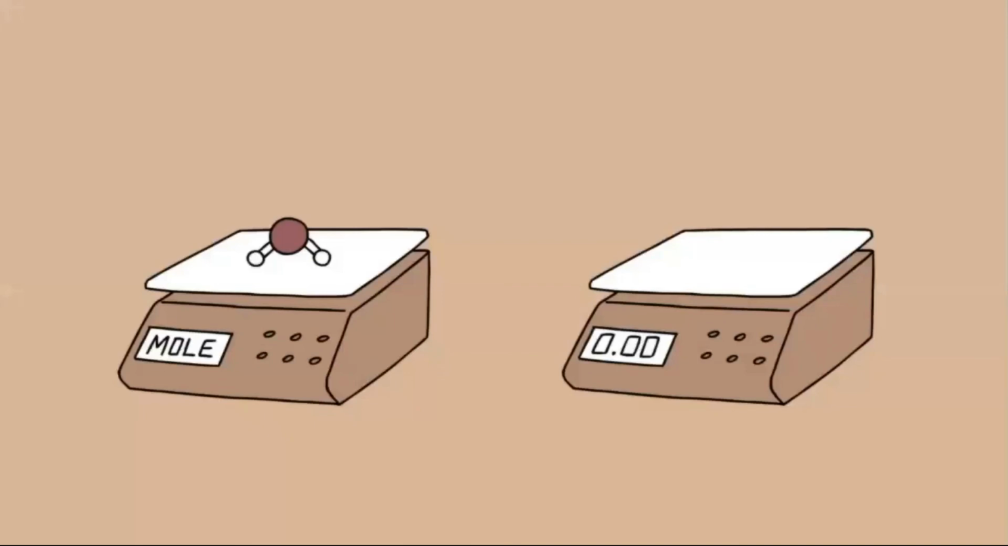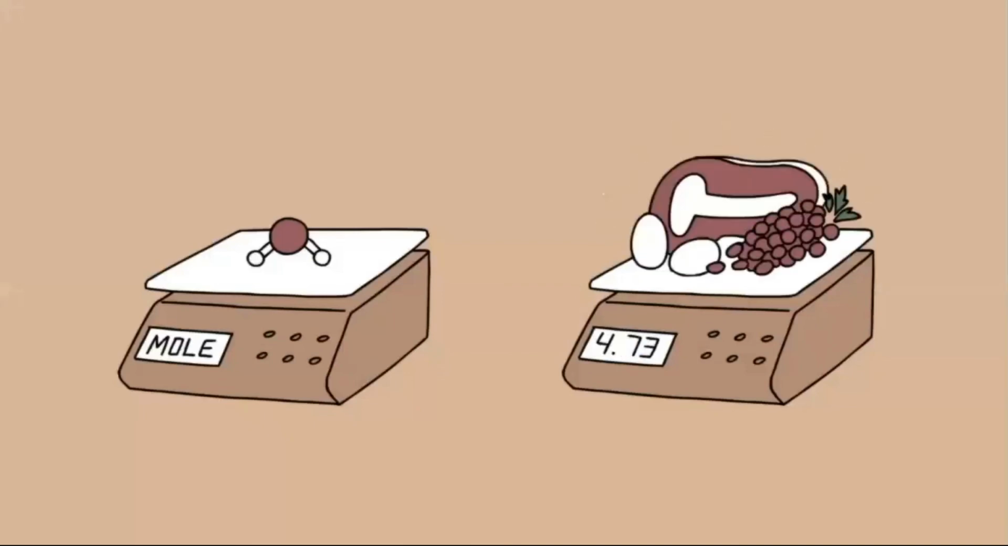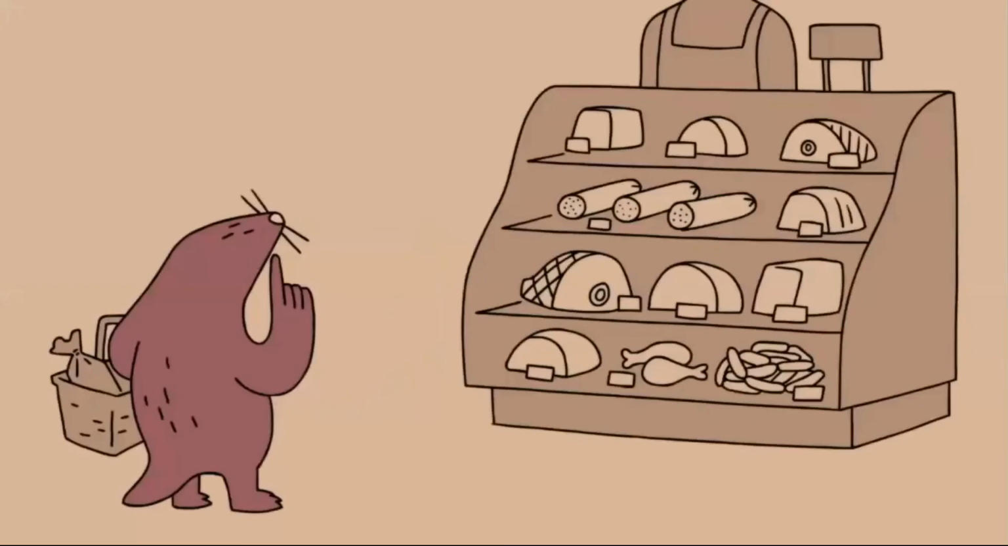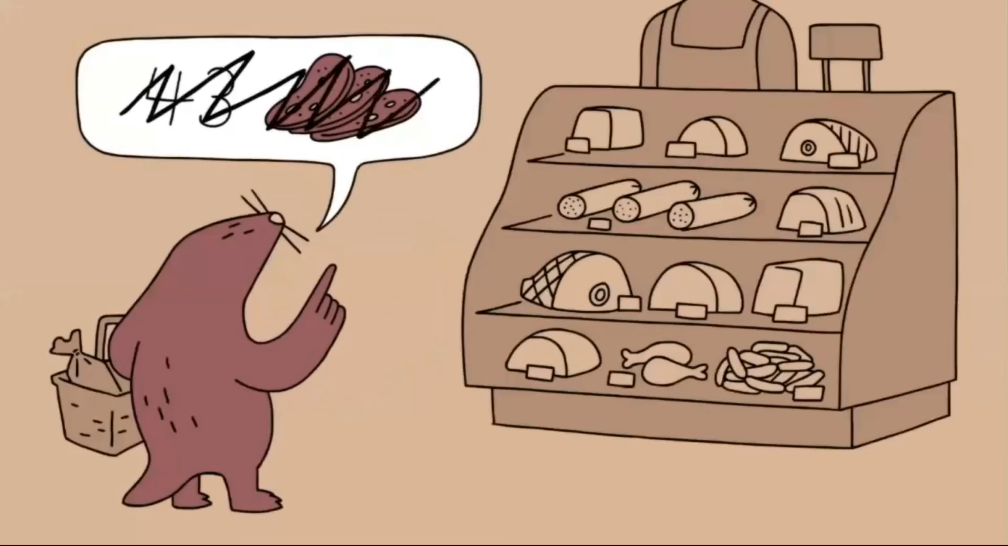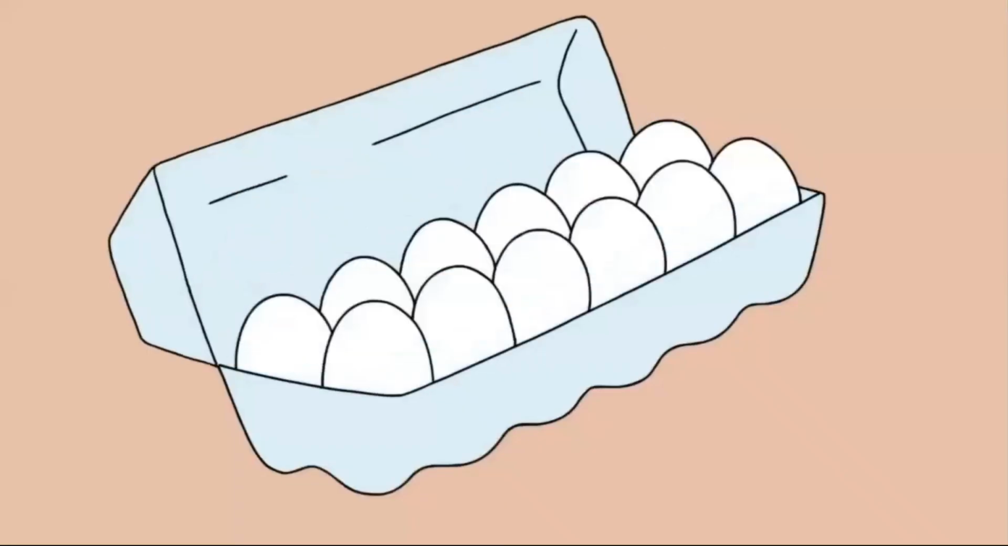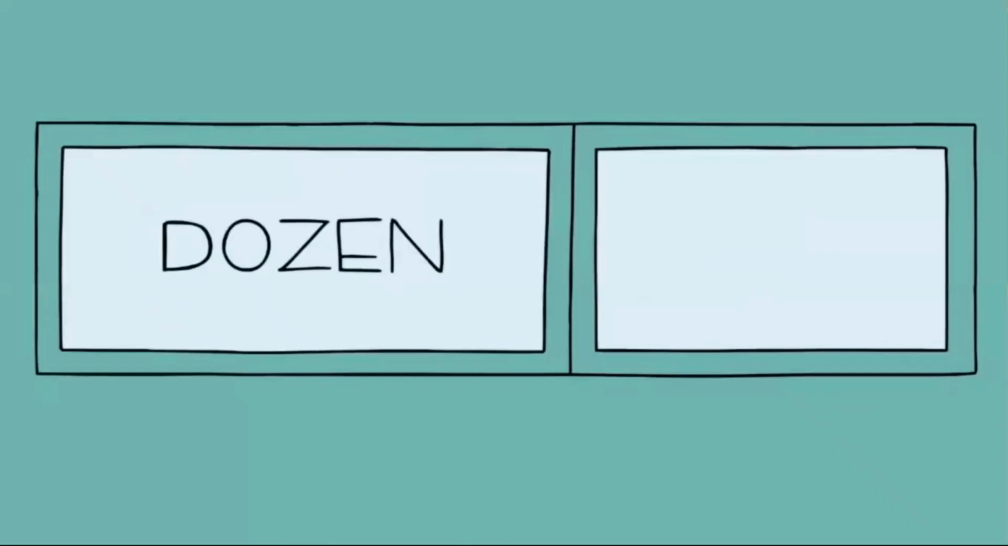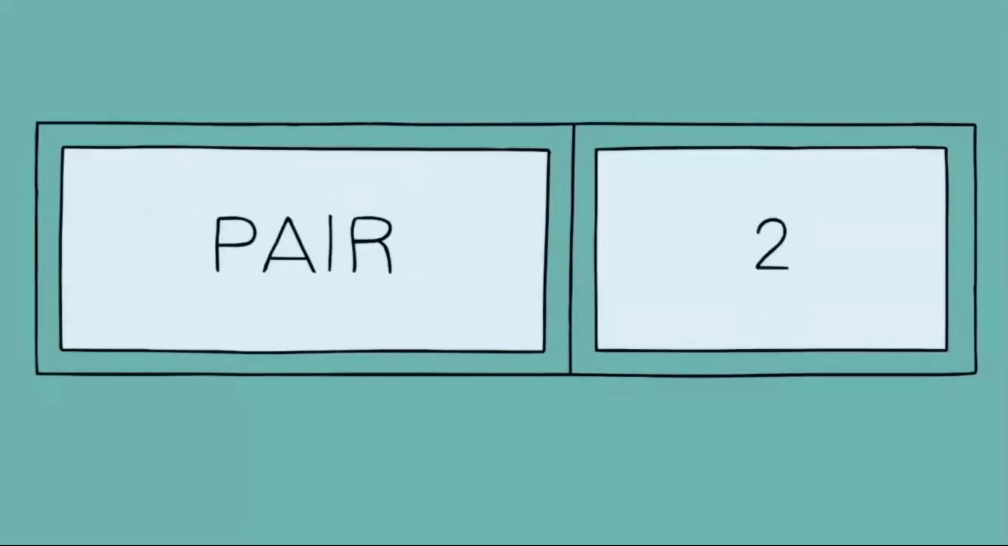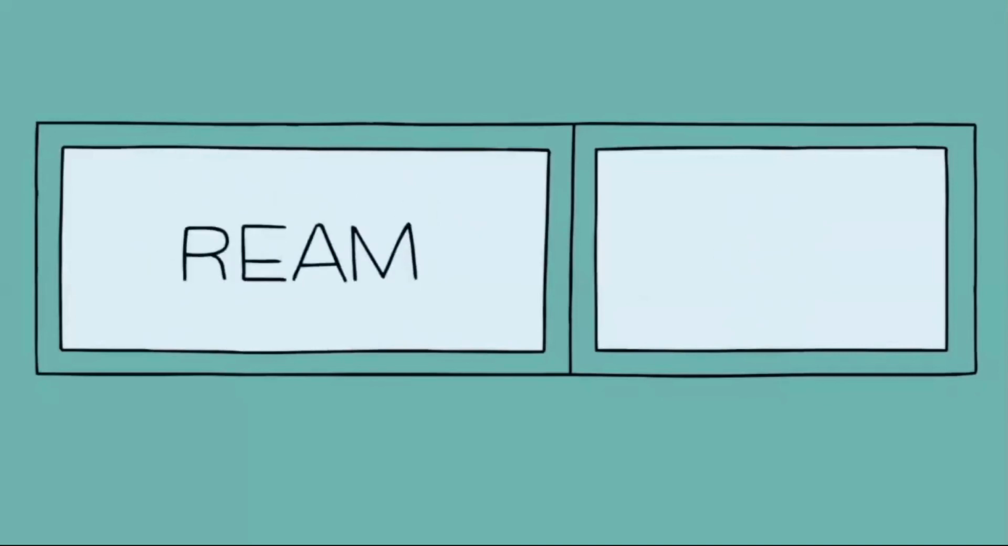You might be surprised to know that chemists use it the same way you use pounds to buy grapes, deli meat, or eggs. When you go to the grocery store, you don't go to the deli counter and ask for 43 slices of salami. You buy your salami by the pound. When you buy your eggs, you buy a dozen eggs. When we hear the word dozen, we probably think of the number 12. We also know that a pair is 2, a baker's dozen is 13, a gross is 144, and a ream of paper is